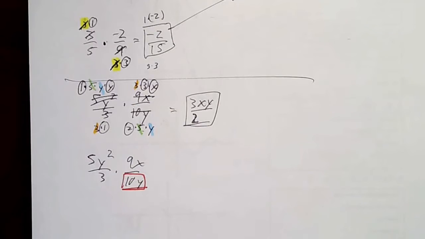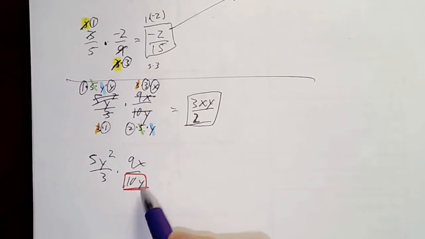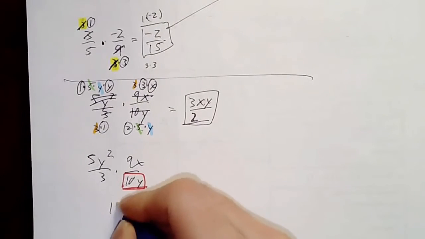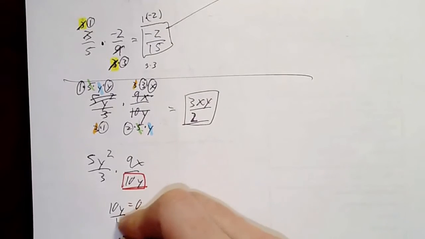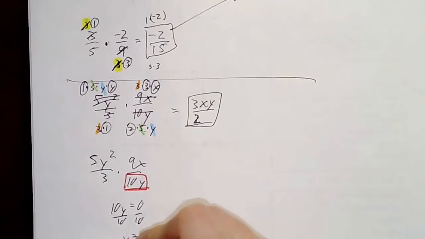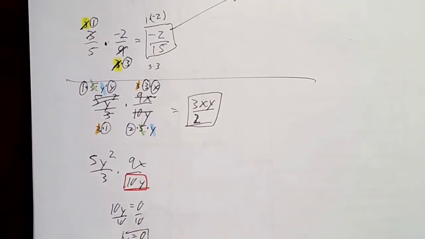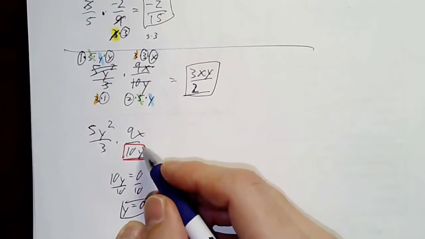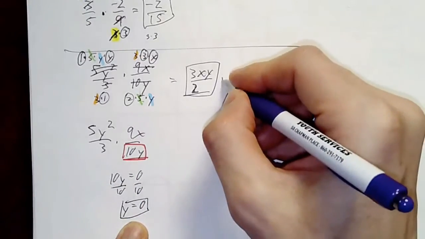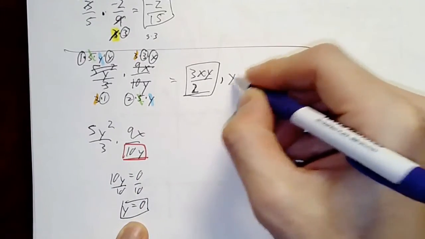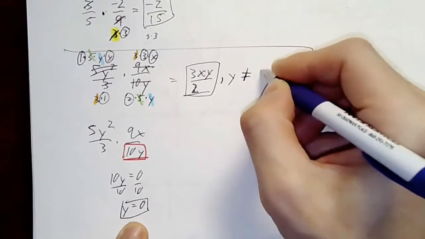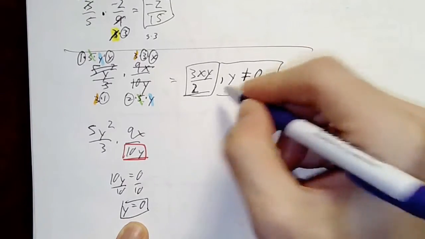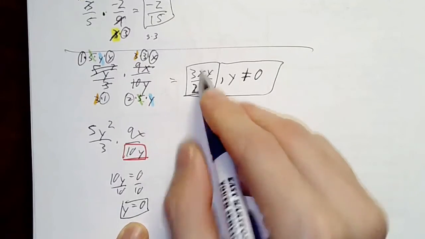It is a constraint. I only have that concern here. And the one question I ask is, what is the y value that will make this 0? So 10y equal to 0, divide both sides by 10, I end up with y is equal to 0. So y equal to 0 would make this an unoperational fraction. We would not be able to divide this out. So not only is this my final answer, I have to add on my constraint of y not equal to 0,